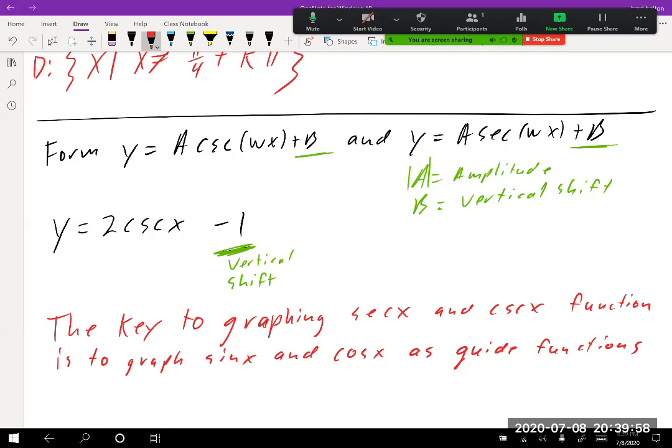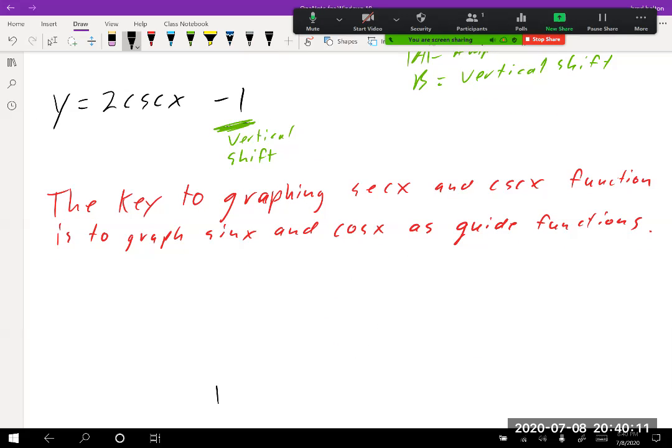Okay, so the key to graphing secant x and cosecant x functions is to graph sine x and cosine x functions as guides. I'll show you kind of how it works. So we have this graph, and we're looking at y equals 2 cosecant x minus 1. Now what function is cosecant more associated with, sine or cosine? Cosecant is 1 over sine, right? So what we're going to do is change this to my guide function,